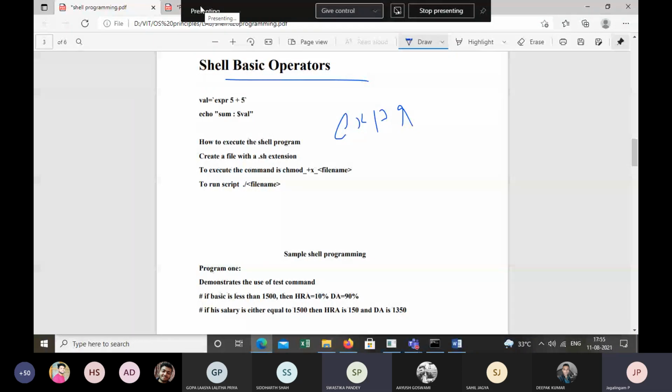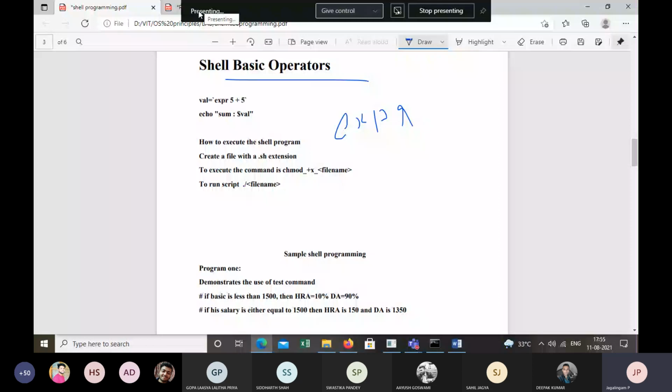To execute system calls. Good. We need this shell script for the system admin. The system administrator uses shell script for routine backups. They use this for system monitoring.